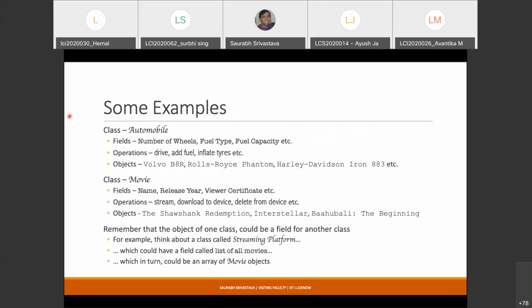Sir, you have said that one of the differences between structure and class is that a class allows us to write member functions. But in C++, I think structures allow us to write member functions too.